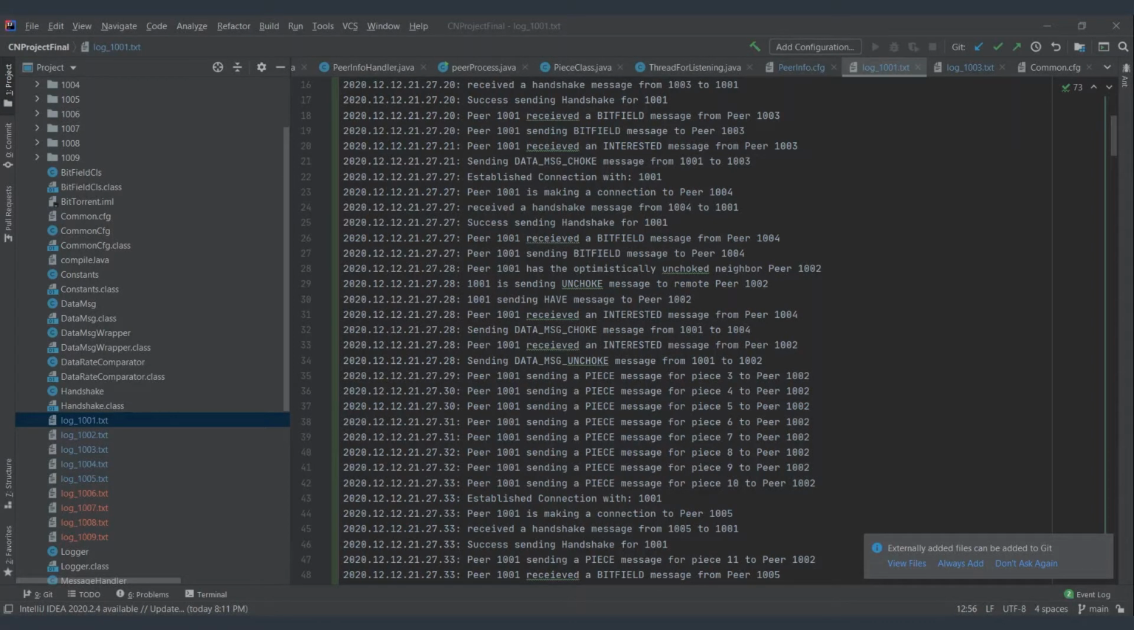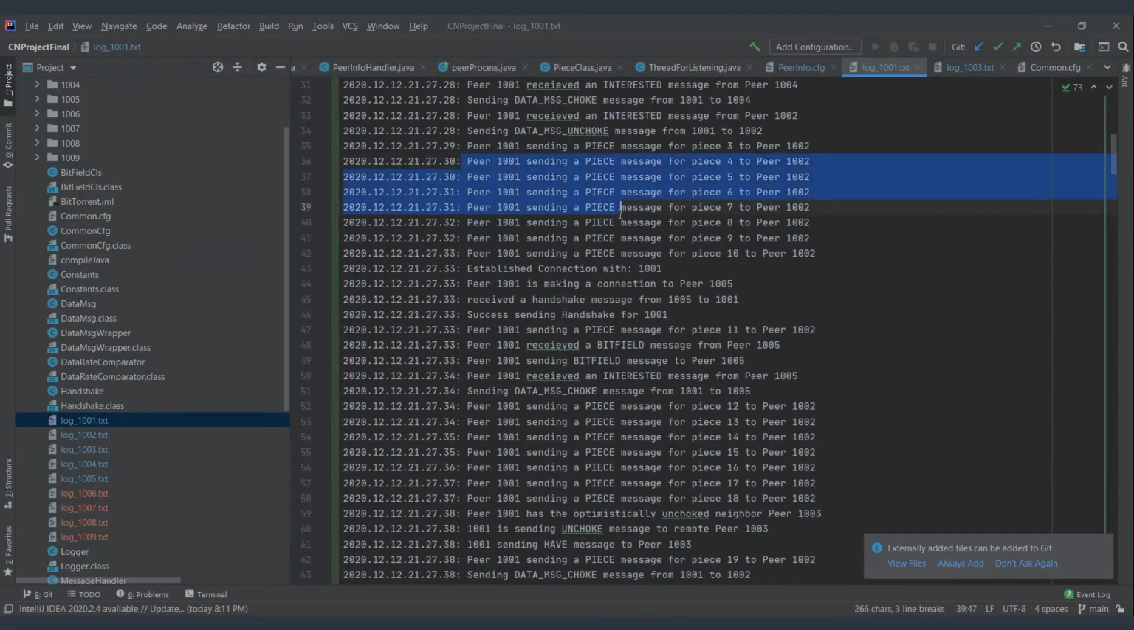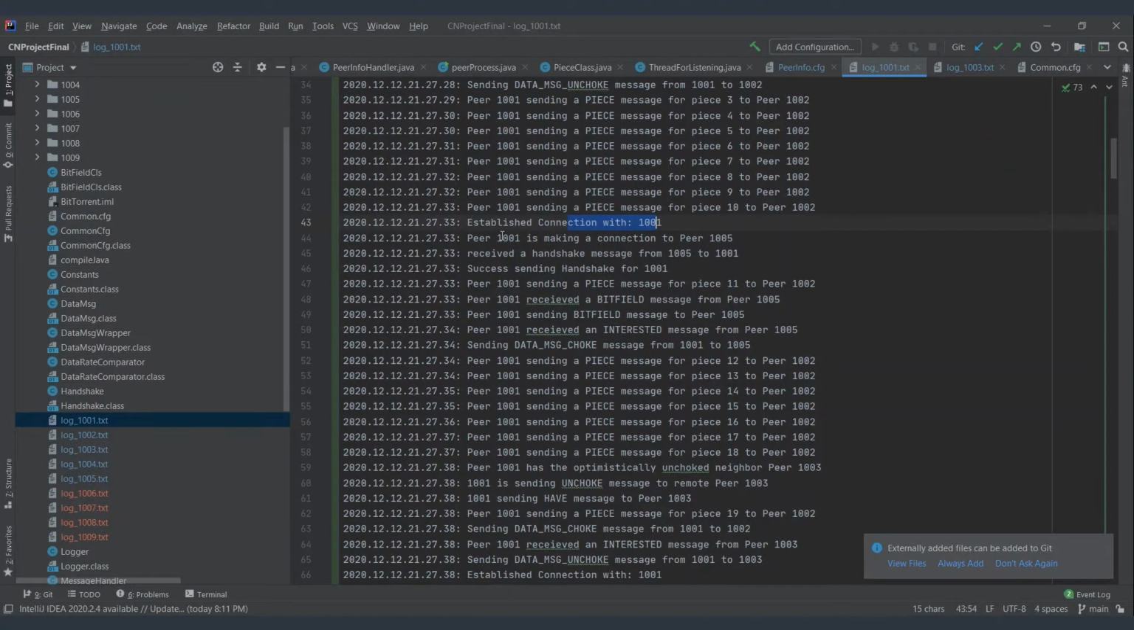The next thing that happens is, after a peer is unchoked, it will keep sending these pieces, and in response to the piece it will send a request for which piece it wants next. So it keeps sending it here, as you can see, and it has established a connection with 1001. Peer 1001 is making a connection to